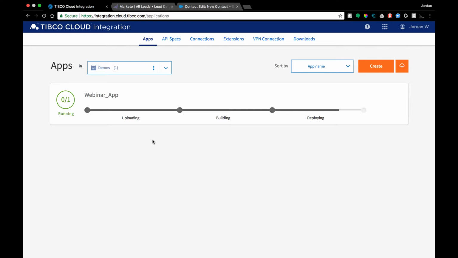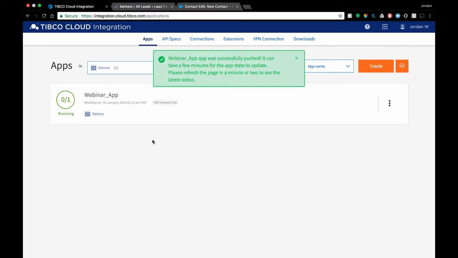And so when I switch back over here, the first thing we're going to do, once this is running, is go into that Salesforce extension, create the contact, and see it in real time updated in Marketo. After that, I'm going to switch back over to TCI and show you some of the more advanced things you can do in a flow. And then we'll switch to questions.